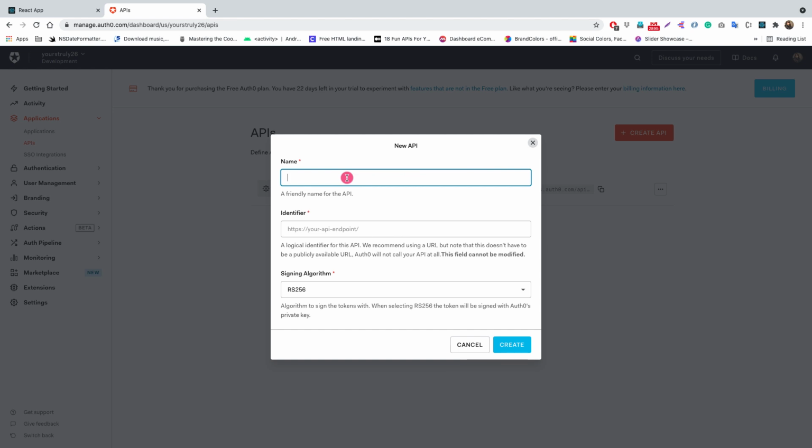And here we need to provide the name of the API. So let's simply provide here Express API, or whatever the API is used for. And then we need to provide the unique identifier for our API. Typically you can simply provide the URL of your API, but this can be any identifier. I'm not providing the URL here, but simply an identifier, like this is a unique identifier